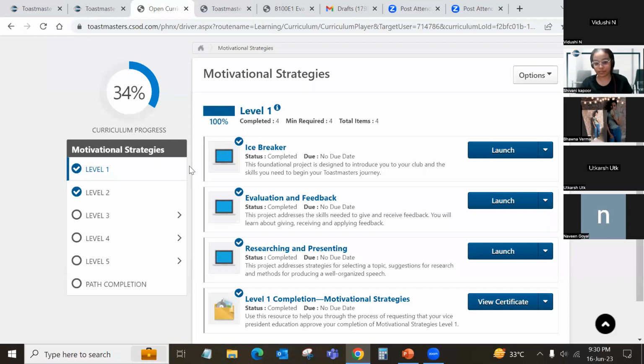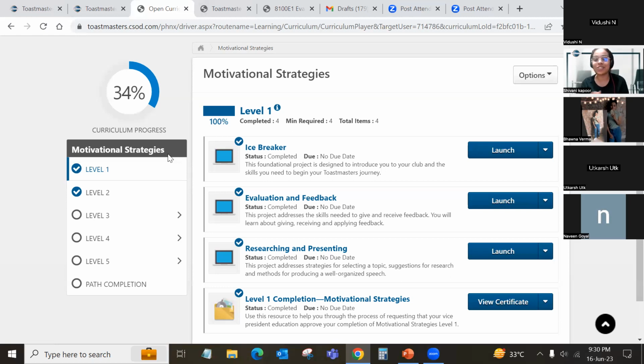Shivani, one last question. So I understood about the completion of this pathways and all. When we complete, suppose we complete one pathway in 2 years, then the second pathway will get unlocked, or we can select only one pathway? Only one path is free that comes with your membership, first time membership. Your first path is free of cost. That is, the money of it is covered in your first time fee of becoming a member. Second path will cost you some amount. It's written there on the website. I don't know how many dollars it is, but it is of some cost.